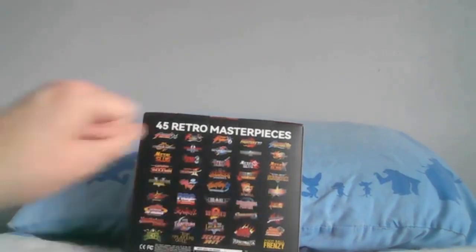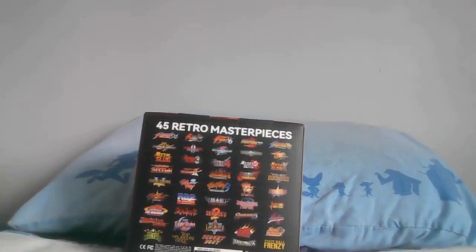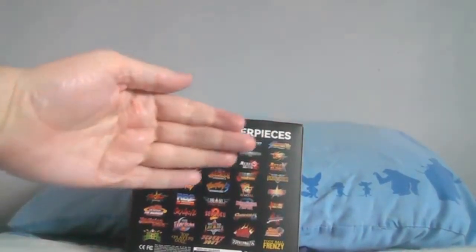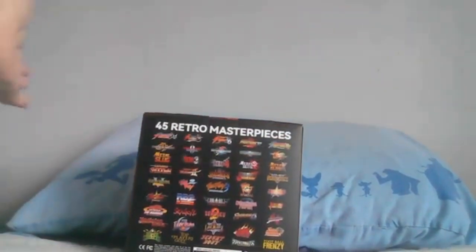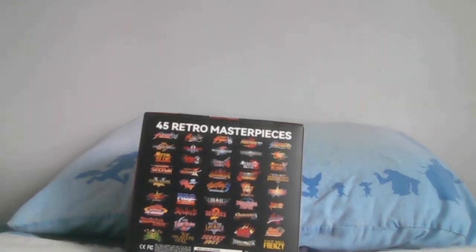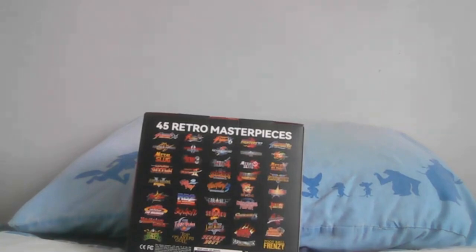So yeah, Real Bout Fatal Fury. This one uses the same drawn sprites as Fatal Fury 3, only with more characters. And this is the one with the out of bounds system. If you manage to get a character close toward the left or close toward the right, sorry if I bumped the camera, but if you get them to one of these areas, and then they manage to knock them out, they go through the boundary system,